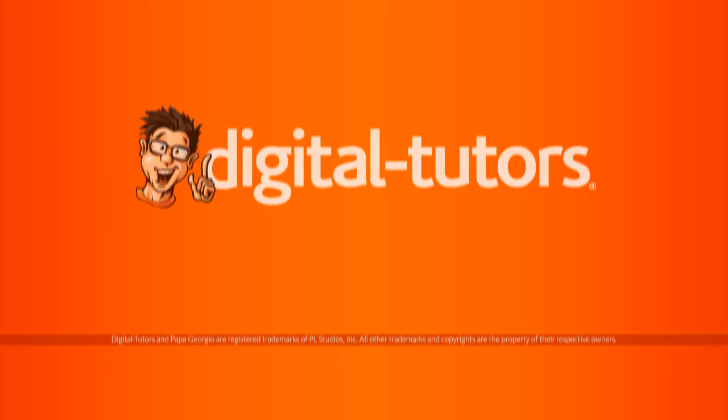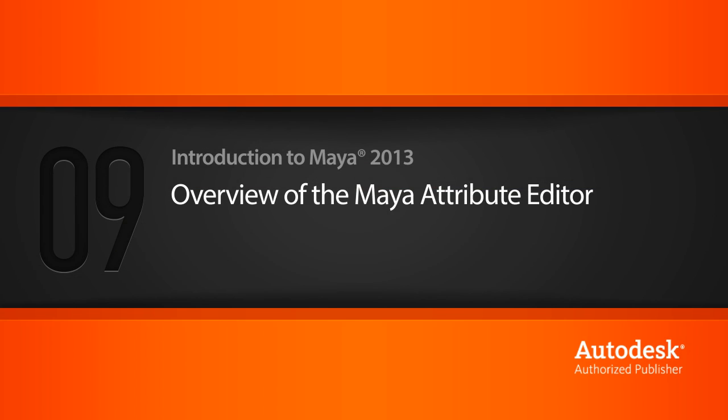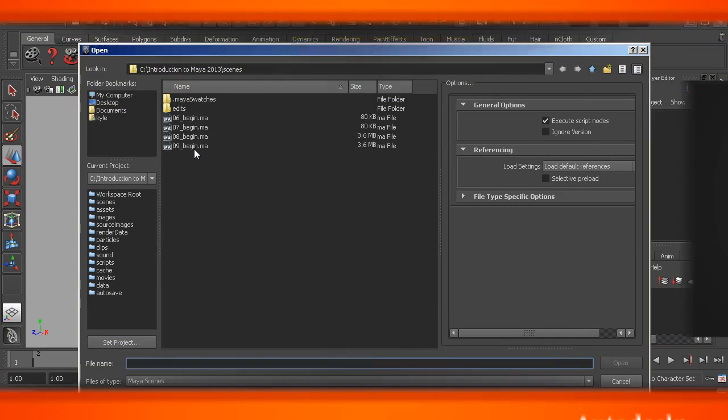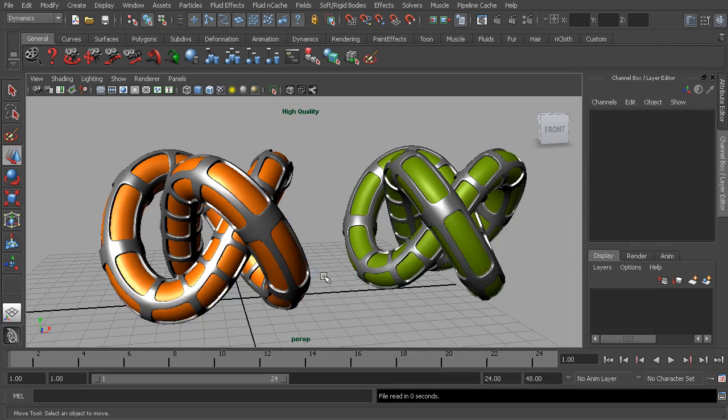In this lesson, we'll start to work with Maya's attribute editor. Okay, so just like we did previously, we'll start with a scene file for this lesson 9. So we'll grab this 09 begin, open this up, and we're going to use pretty much the exact same scene file that we used in our previous lesson, and we're going to use this to talk about the attribute editor